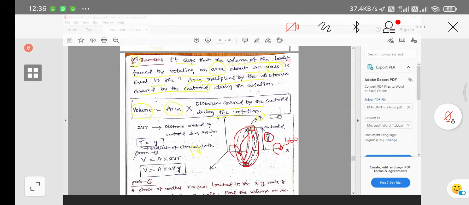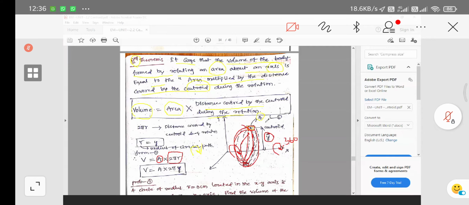Okay. Now the area of this particular rectangle, if it is a rectangle you have to go for the rectangular area, that is d into h. Okay, and also you have to multiply it with 2 pi r. 2 pi r is the distance covered by the centroid. How much distance is covered by the centroid? If I rotate this centroid, over the circular circumference totally it is going to be covered, or it is going to revolve along the total circumference, for the circular rotation of the particular rectangular element, or otherwise a triangular element.